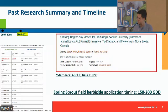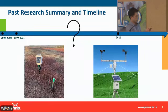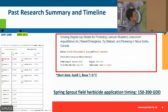The second study I want to show, shortly after 2008, is from Scott. I don't know if that was his PhD study, but he did a study from 2009 to 2011 and published a paper in 2012. In this paper, he looked at the GDD for blueberry plants to emerge, to reach tip dieback, and the percentage of bloom under different GDD. Essentially, this paper transferred the information into the big table that we have been using over the last 3 years, where we recommend plant emergence and tip dieback,